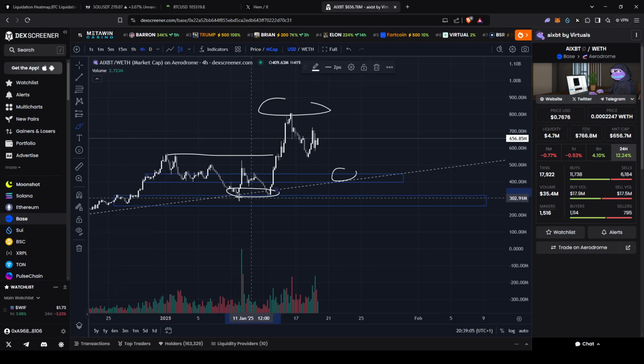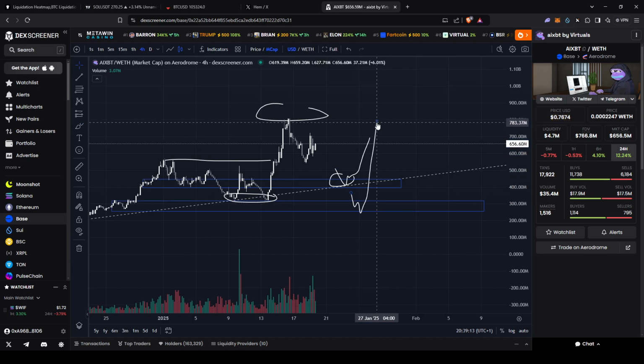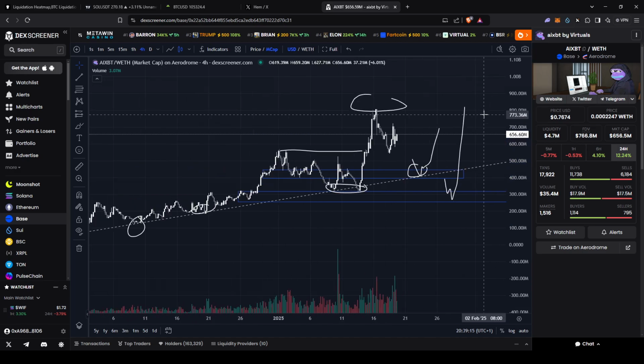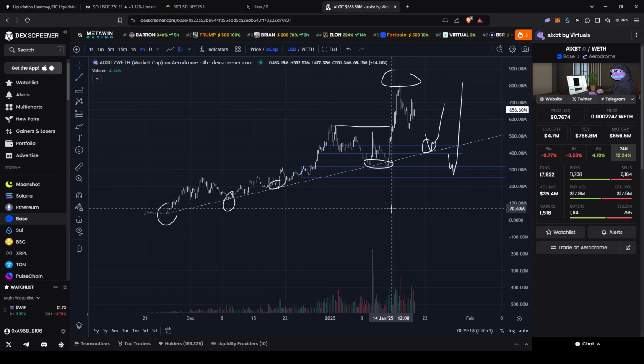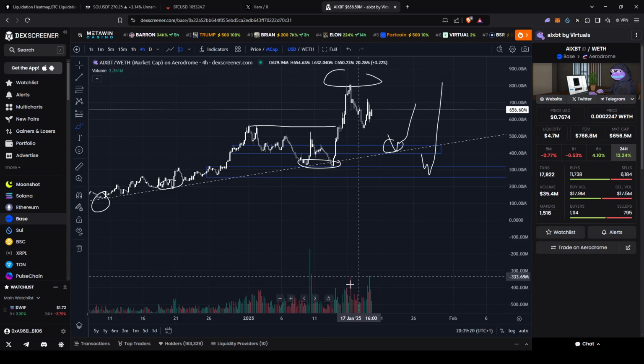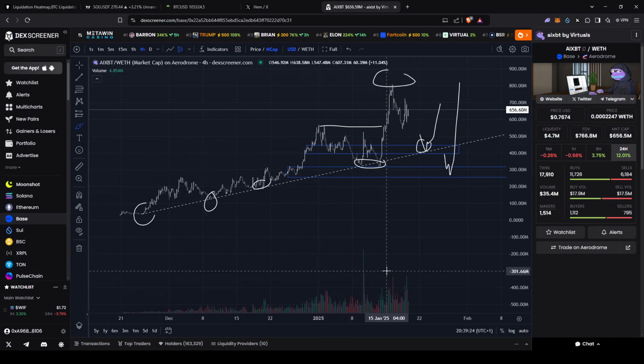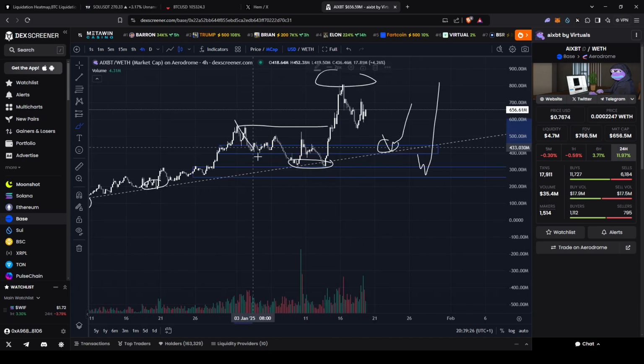Taking out these lows back at 320. So basically something like this are the only areas that actually do interest me. And this looks very, let's have a look. Wow, it's a big volume spike. Because this structure here is also very